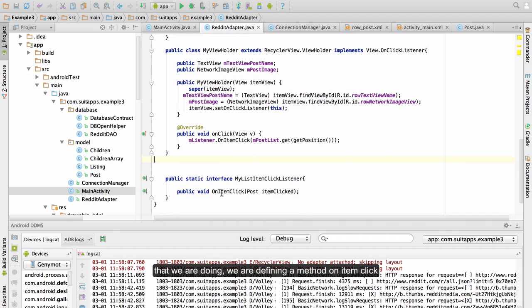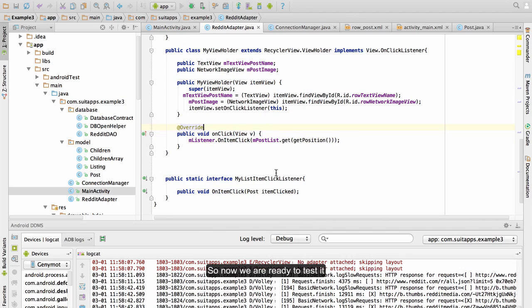We are defining one method, on item click, but for Android the definition was on click and it's sending a view instead of a post. So we have to implement that method and we have to set the listener. It's basically the same that we are doing.